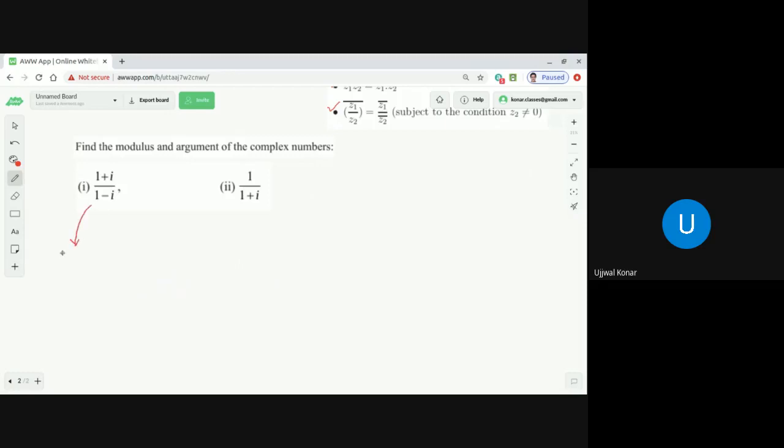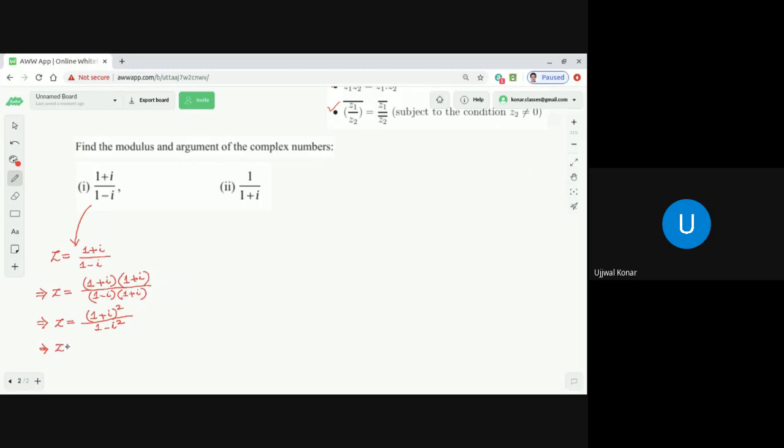So suppose let's assume z is equal to 1 plus i divided by 1 minus i. Then let me do it, and you'll understand how easily you can do it. This part I know you will be able to do, and you have done a couple of DPPs. 1 plus i, 1 DPP you did yesterday, no? So multiply by 1 minus i into 1 plus i. So this implies z is equal to (1 plus i) whole square divided by (1 minus i square). Correct or not?